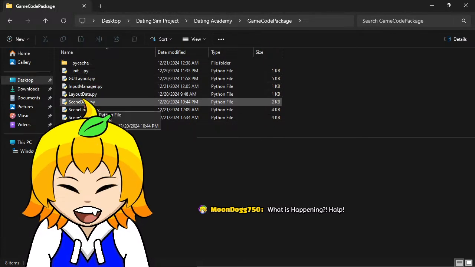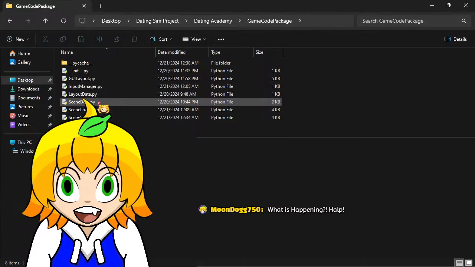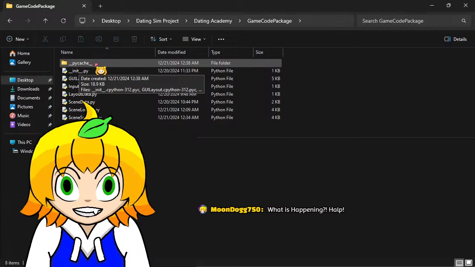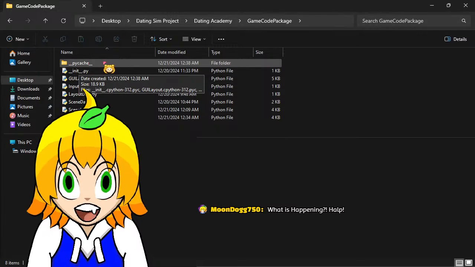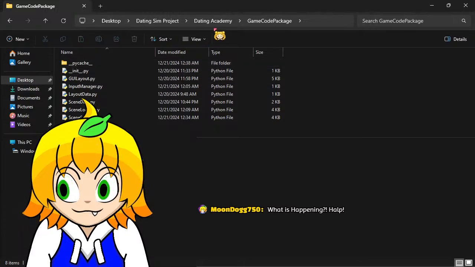So here we got all of our callable modules with callable, askable functions. And here's the init.py, which we're gonna get into. This is cache, which is just like it's ran the code. This has been converted into a bit file state thing that runs. So the cache is like this is what worked, and this is what we've done for some reason.